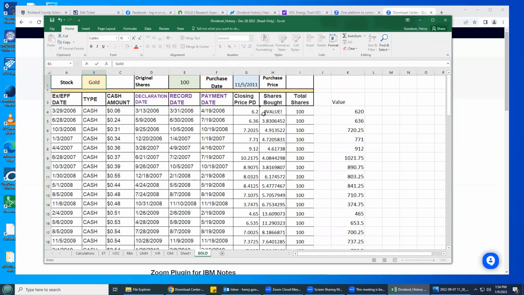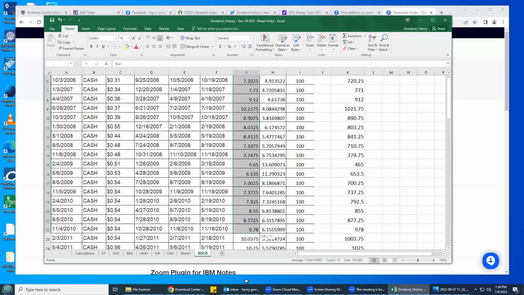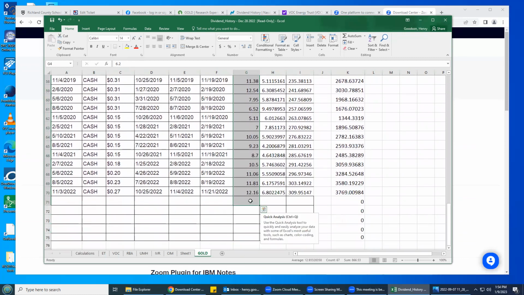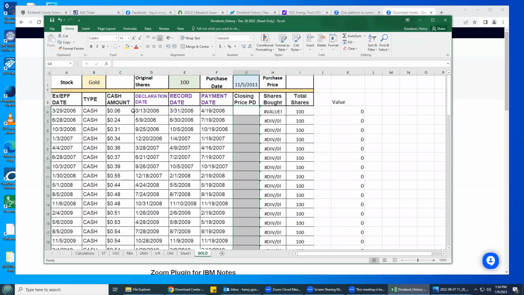And what you really want to do is basically say, I know all these closing prices are wrong, so I just need to delete these. So I know they're wrong. But all of this is wrong too. So what you would do is, to get this information, I went up to the NASDAQ site for